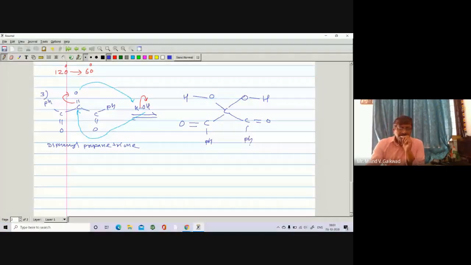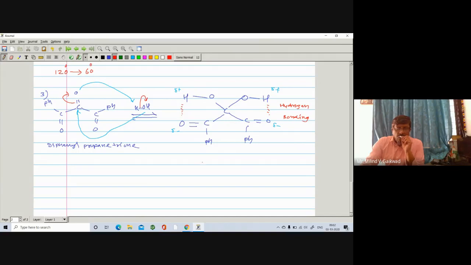So what happened here in this case, if you see, the O has a negative charge and H has the positive charge. So it undergoes polarization and you are having partial negative and partial positive, and partial negative. Similarly, partial positive and partial negative. So it undergoes hydrogen bonding. So due to hydrogen bonding, the hydrate form is found to be more stable.